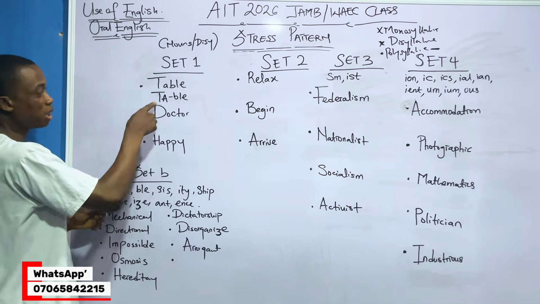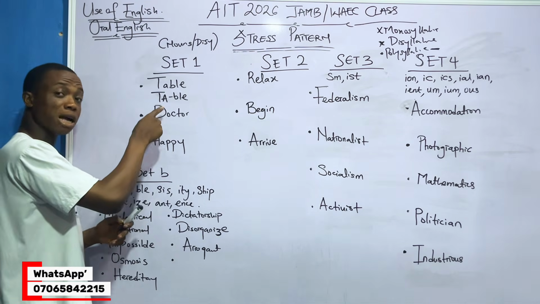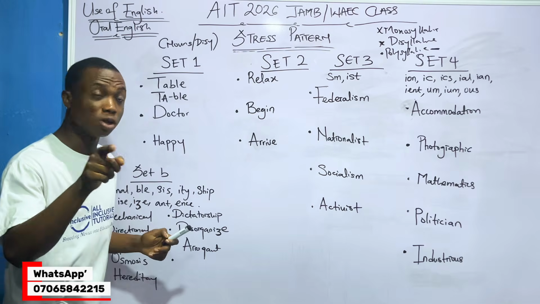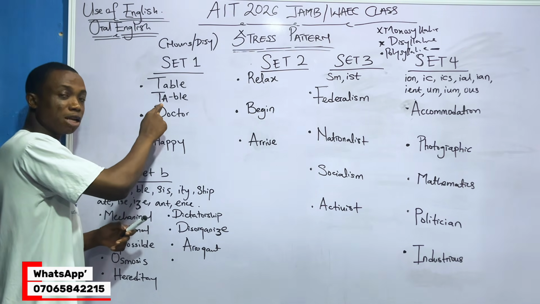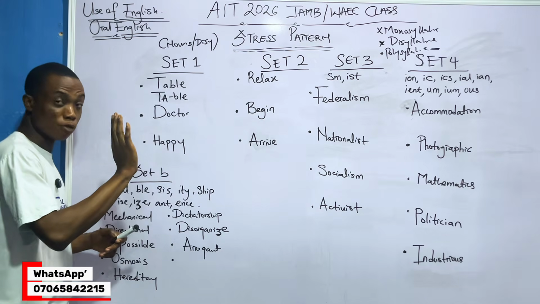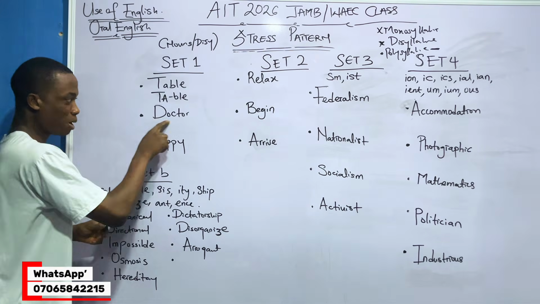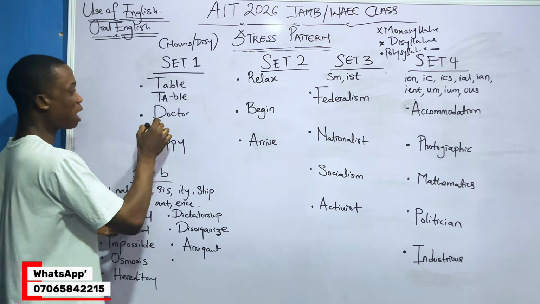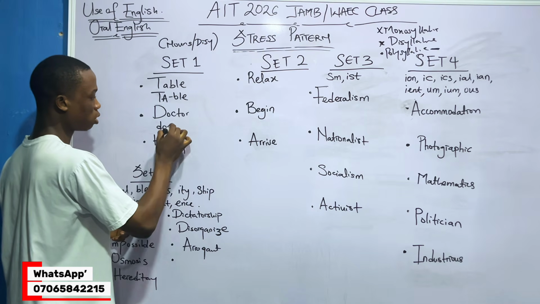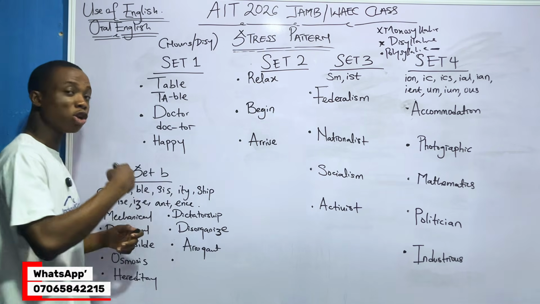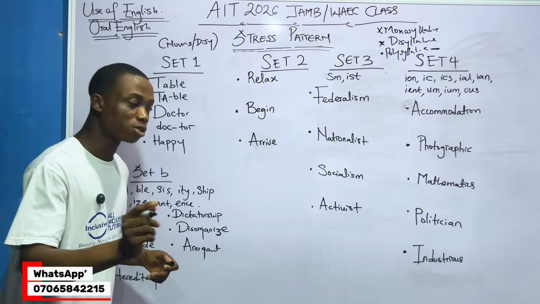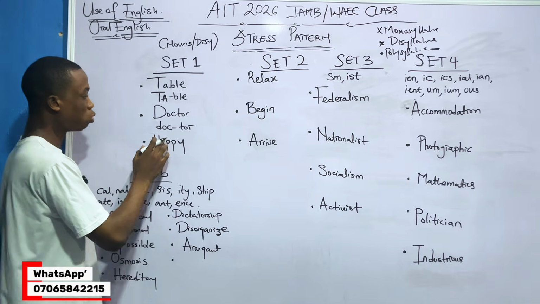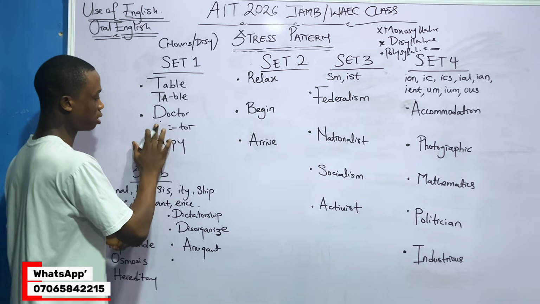You can see it's a capital letter. The reason why I put the capital letter is to inform you that the stress is here at the first syllable. Some of you don't understand, but let's do number two. Number two is what? Doctor. If I break down doctor, we have doc-tor. Because doctor is a noun and is disyllabic, the stress will be on the first syllable. So it will not be like this.